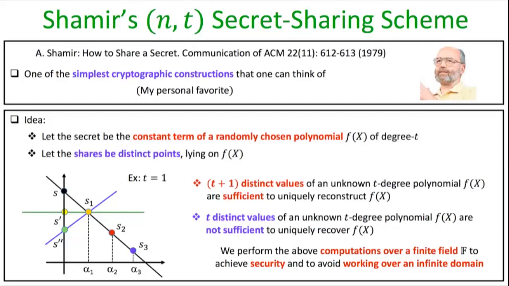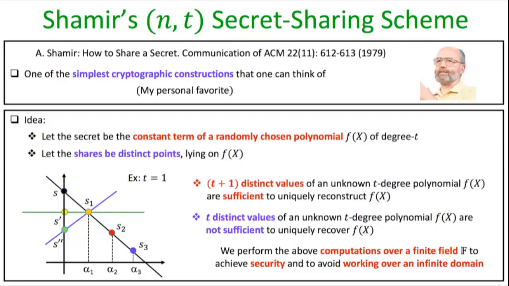Okay. So why is this a valid secret sharing? It's based on two facts. The first fact is that if I give you any set of t plus 1 distinct values on a t degree polynomial, then you can uniquely get back that polynomial which was used to do the secret sharing. So for instance, if I don't tell you the straight line which I have used, but I give you two shares, S1 and S2, or S2 and S3, or S1 and S3, then those two shares are nothing but 2 points on an unknown straight line. And 2 points on an unknown straight line are sufficient to recover the original straight line.